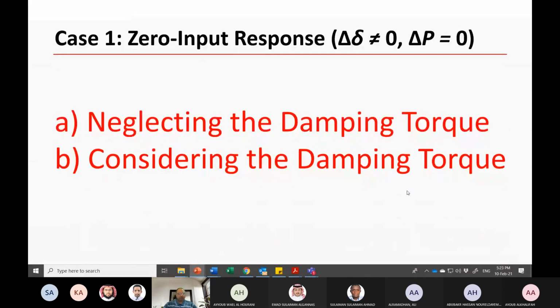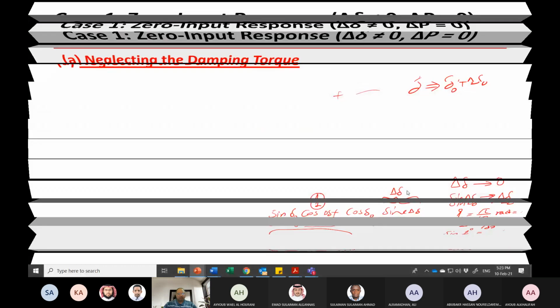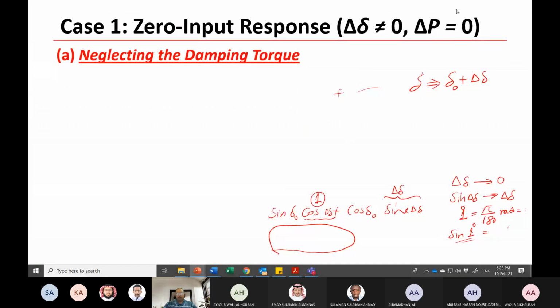And for zero input response, neglecting zero input, meaning delta Pm equal to 0. What is the input that we have in this swing equation? What is the input? PM. It is PM. So mechanical power input. So if we neglect the damping torque, so this term is neglected here,